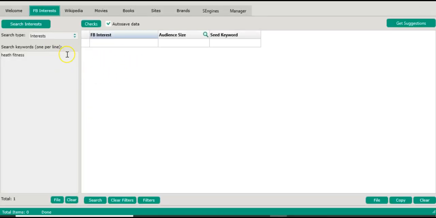So there was no keyword came up because health and fitness, nobody. There's a spelling mistake. Health, what's happening? Health, fitness, bodybuilding, right? So then I search,